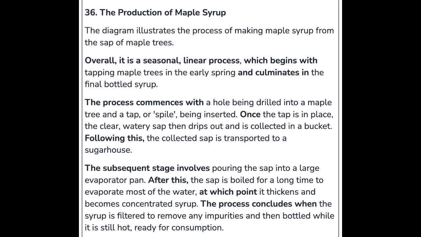Once the tap is in place, the clear, watery sap then drips out and is collected in a bucket. Following this, the collected sap is transported to a sugar house. The subsequent stage involves pouring the sap into a large evaporator pan. After this, the sap is boiled for a long time to evaporate most of the water, at which point it